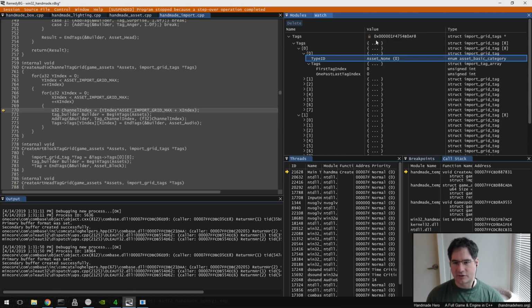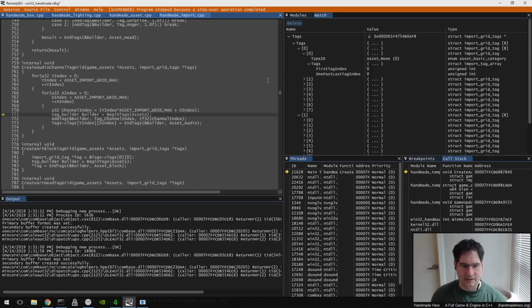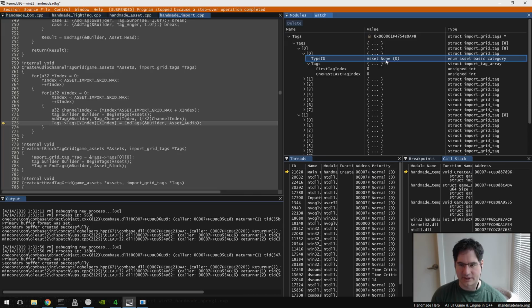By the way, George, nice work on giving the enum names here. That's really handy. Kind of an advanced debugger feature when you think about it. It's just helpfully providing information for you that's actually not part of the raw display, right? It has to go, oh, this is one of these enums. Let me go look up what the name of that enum would have been in the PDB or whatever, right? So anyway,